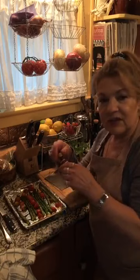So this is a nice tender, crisp consistency and texture. Perfect. It's not overdone. So that's what we want. And there's nothing more delectable than a piece of fresh asparagus. So enjoy the farmers markets, enjoy your asparagus,